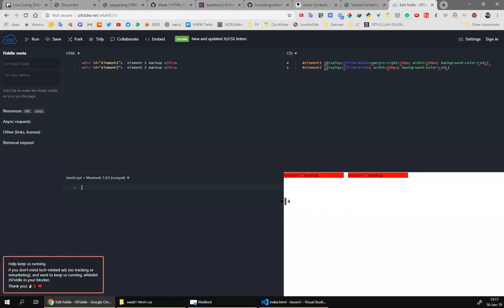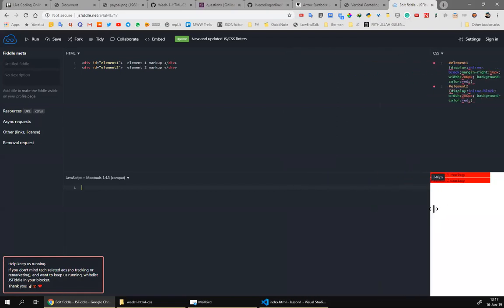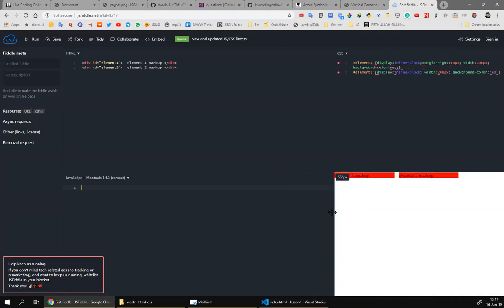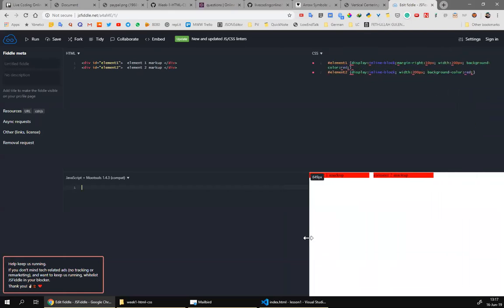Then if the width is less than what you want, then you have a problem, of course. This is also what we did. So for this,